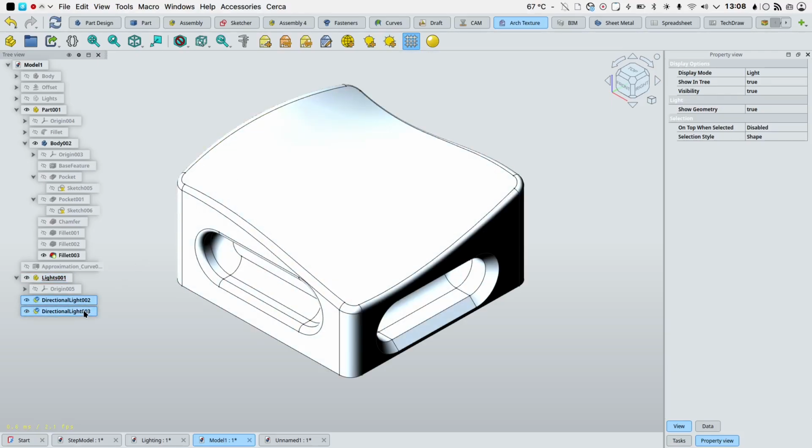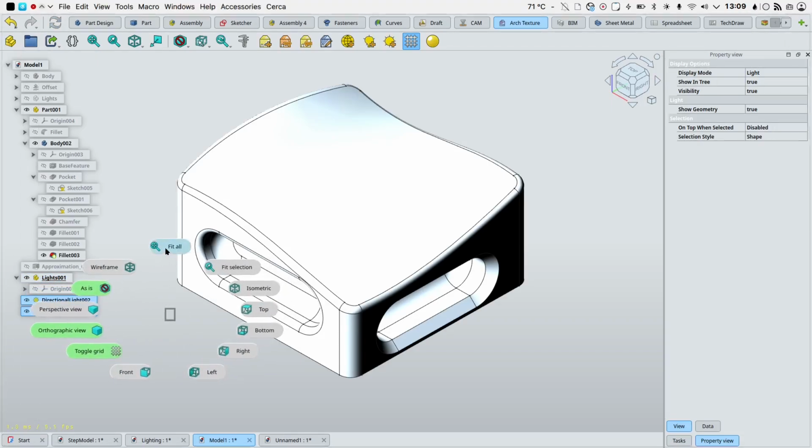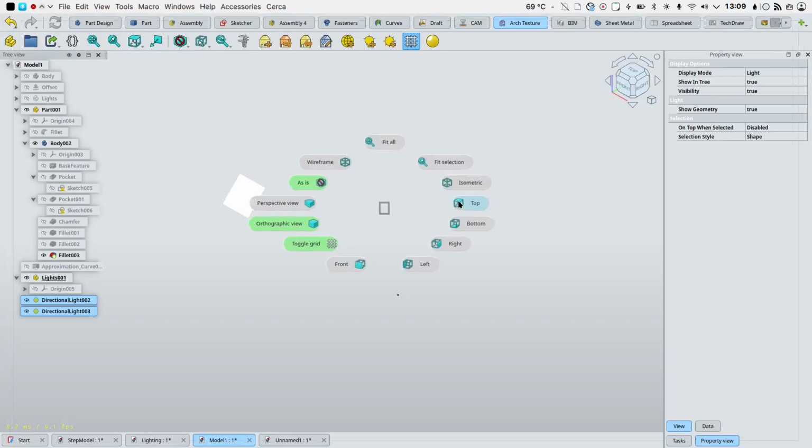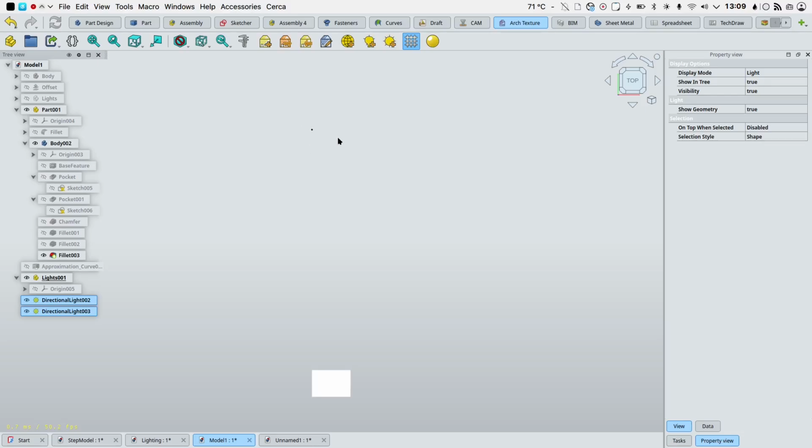Let's move this light inside our part 3 item and let's do a fit all. The fit all option, you can find it here in the toolbar also. Let's move to the top view. This little speck here is our scene. I will rename our first directional light as fill light and our second directional light I will rename it as